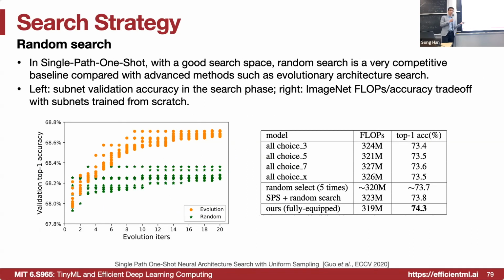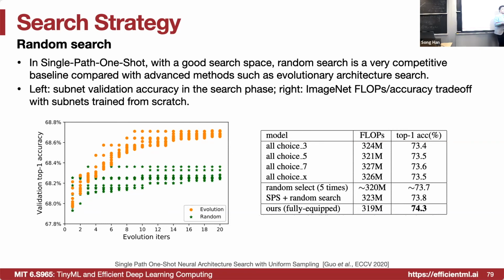Of course, you can do random search. And how does that perform? So this is the accuracy for random search, and this is compared with the smarter evolutionary search. Actually, random search is not too bad. Given enough iterations, random search achieved roughly 68.4%, compared with the evolutionary, which just roughly gives 68.7%. They differ a little bit, but random search is actually a very strong